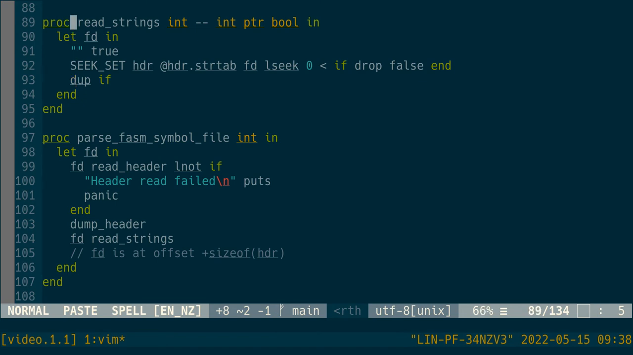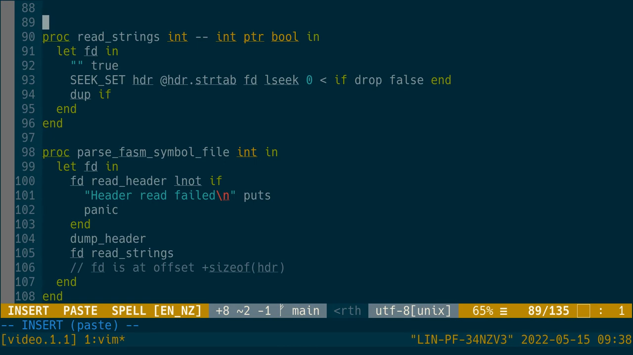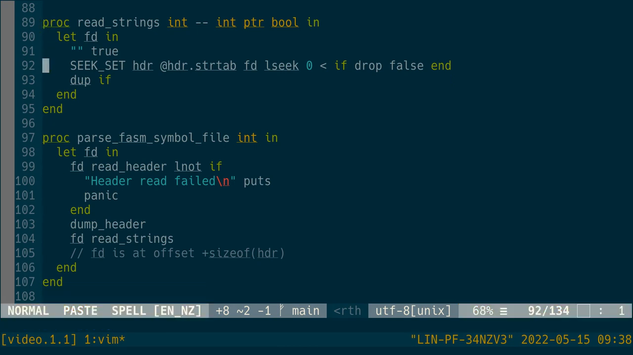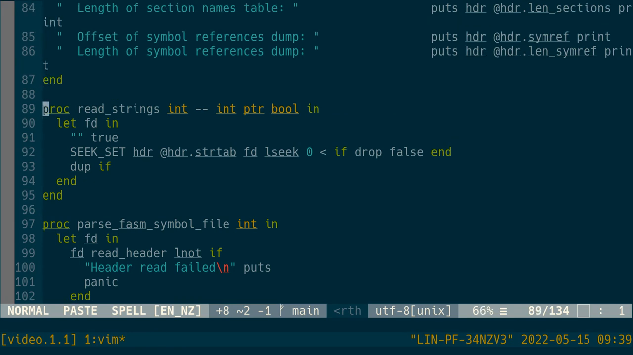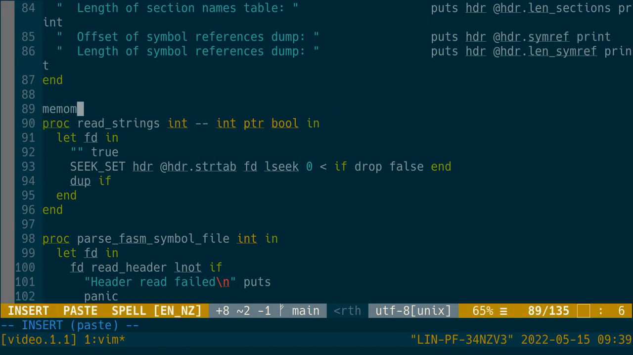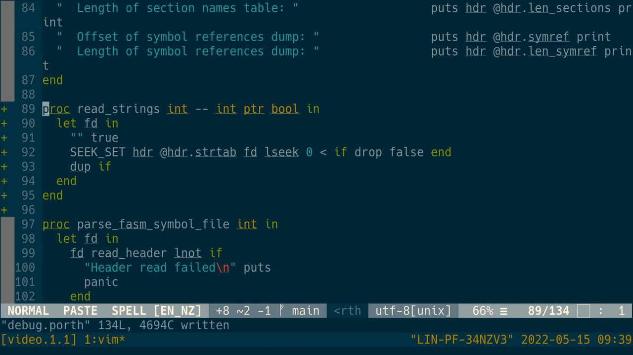So int pointers, how a string is done in Porth is it basically pushes the length of the string and then the string buffer, which is kind of what we want to do here. We want to have memory for the buffer, which, so Porth doesn't really have dynamic memory. One thing I did in